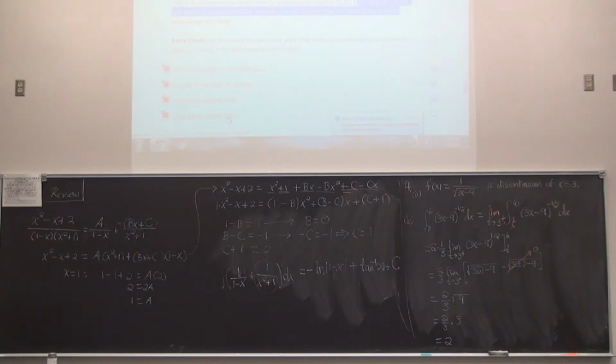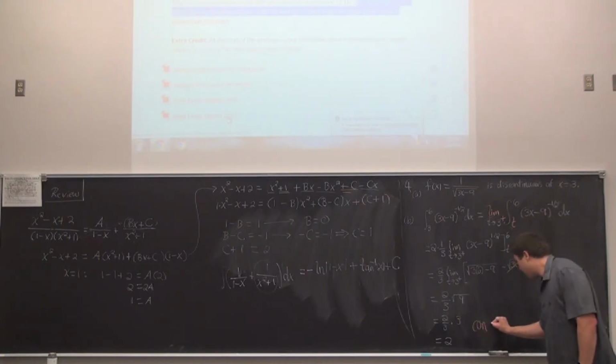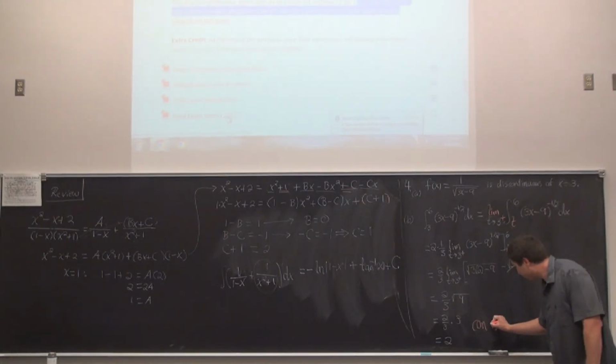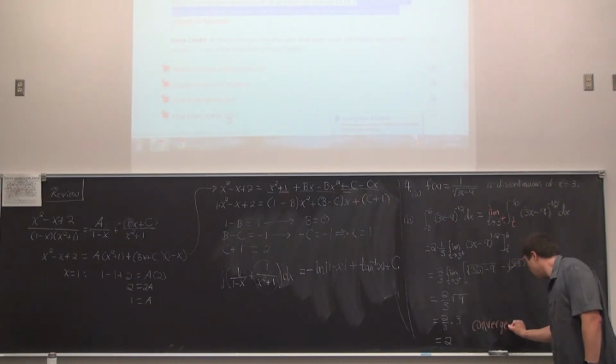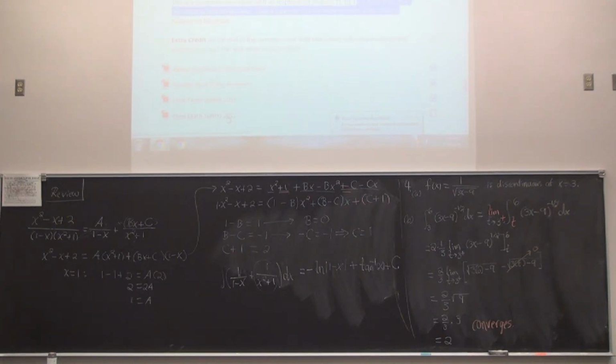Right, I never said that at any point. That is part of the exam, to know that if you've got a 2 rather than something like infinity or does not exist, then the original integral converges. So don't forget to do this portion like I just did. This converges. Then that ends the problem finally. So let's go off to problem number 5, unless there are any questions on that one.